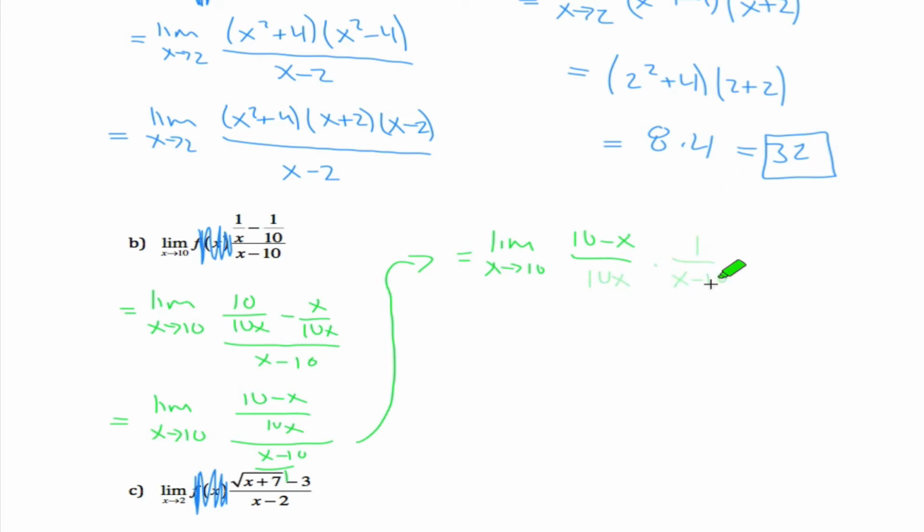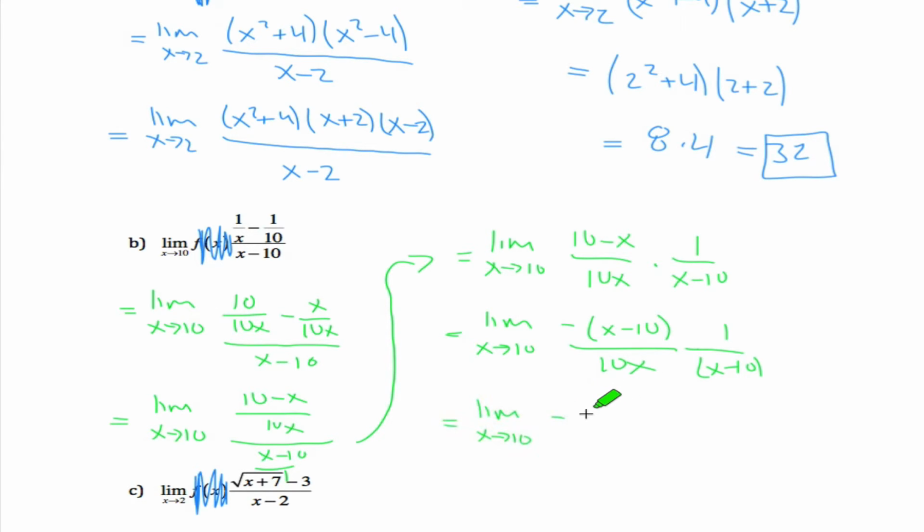You can almost cancel those guys out. X minus 10, 10 minus x, close enough? No, not quite. But I could make them the same if I factor out a negative 1 somewhere, maybe up here. I could say 10 minus x is the same as the negative of x minus 10. And now I can cancel out these factors and call this the limit as x approaches 10 of negative 1